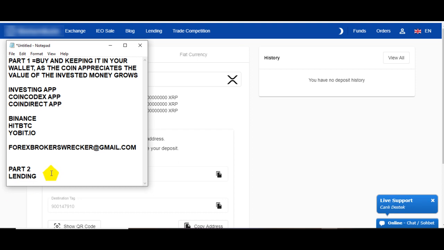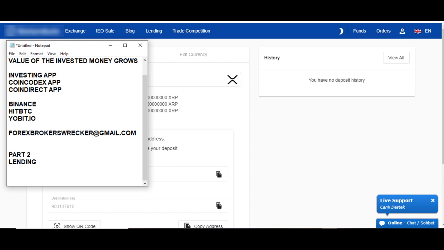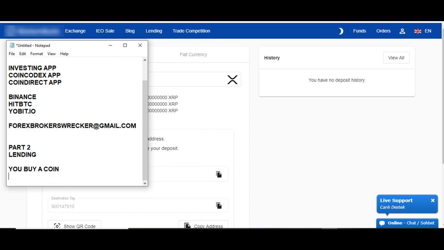But in this part 2, we'll be talking about lending. What does lending mean? It simply means you buy a coin, then you lend it to exchangers.